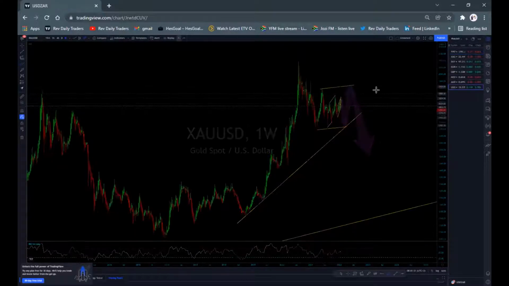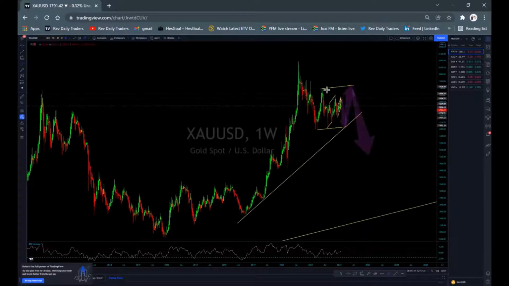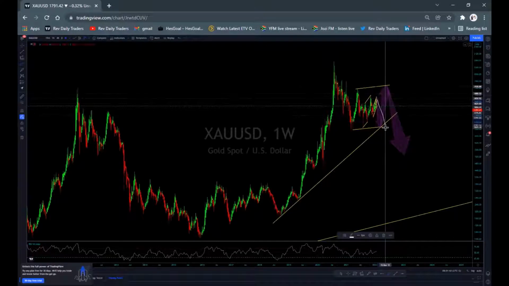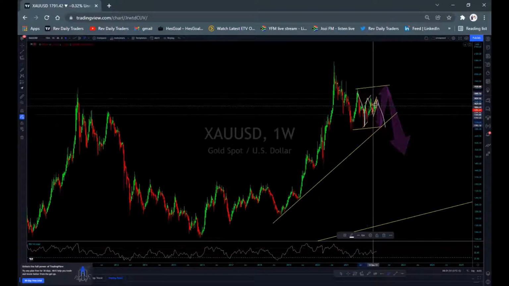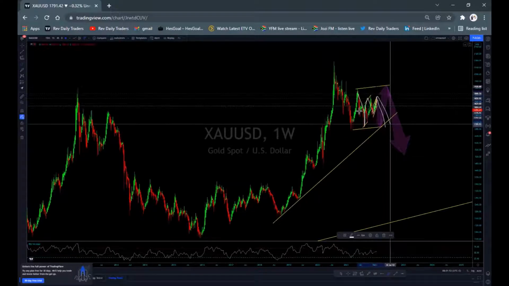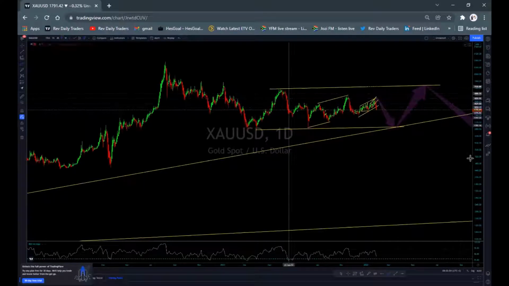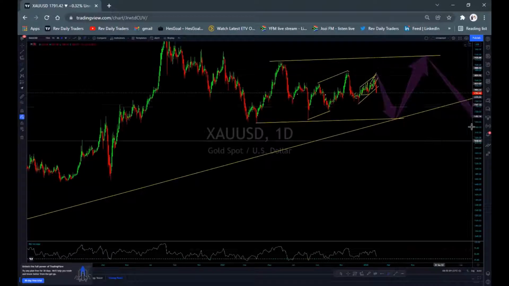So on lower time frame, how are we going to trade here? We are still biased to downside. We're looking for this trade to happen, because here we've got one here, it's 1, 2, 3. Then we expect another drop here on gold. So how are we going to trade on lower time frame? As we are biased to downside on gold, then go to a lower time frame and check if you are getting what you saw on